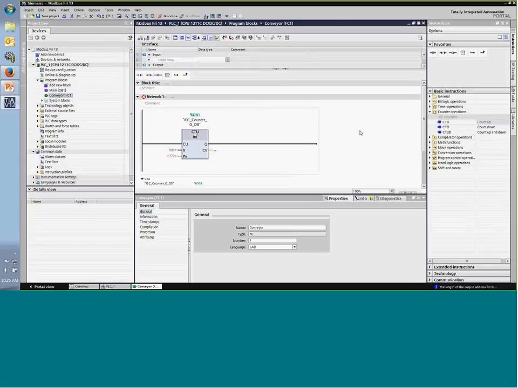So let's say we had a photo eye. So we add a normally open contact. We can just drag and drop it and put it here, and call it